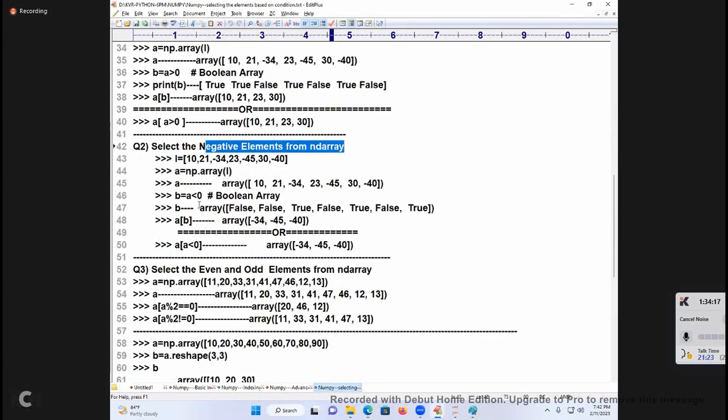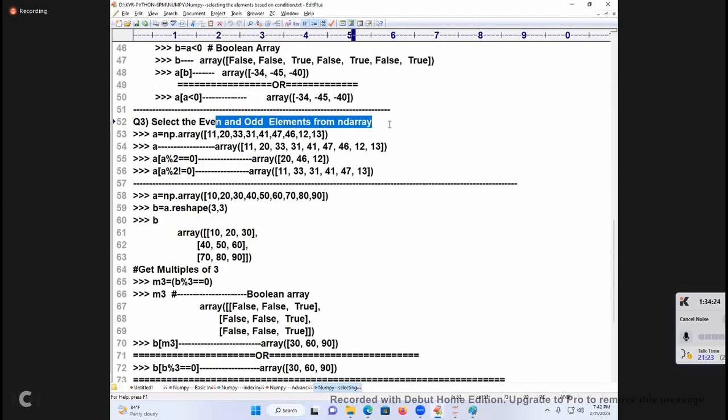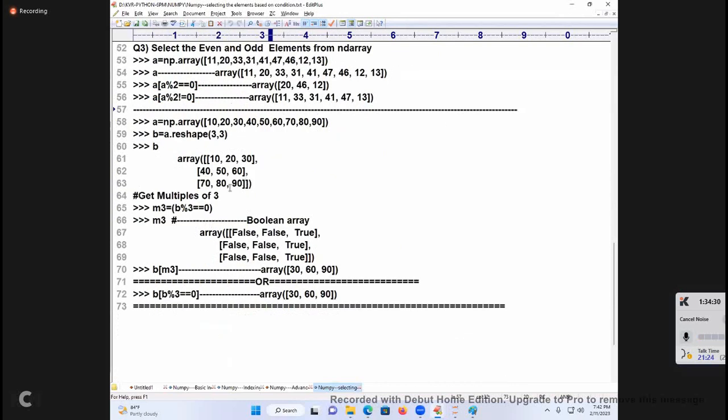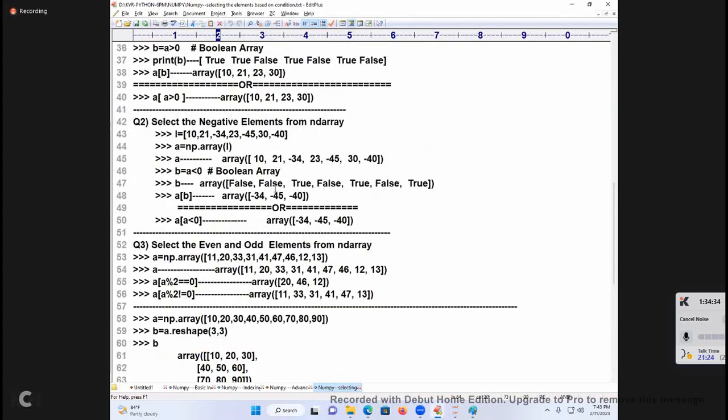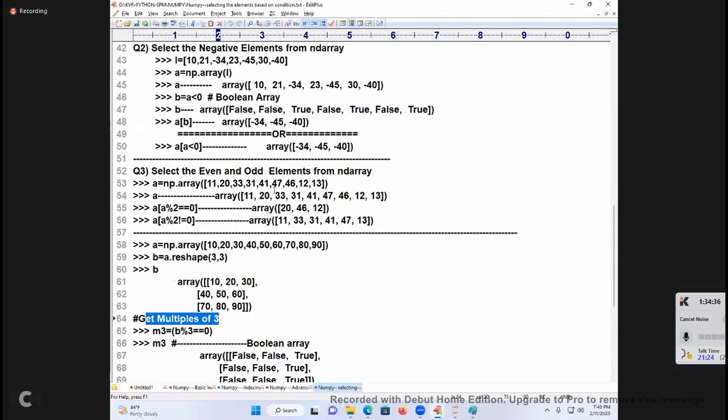Select negative elements: A of A less than 0. Select the even numbers: A percentage 2 equal to 0. Select the odd numbers: A percentage 2 not equal to 0. Multiples of 3, all those things. Discussing what we discussed in the class.